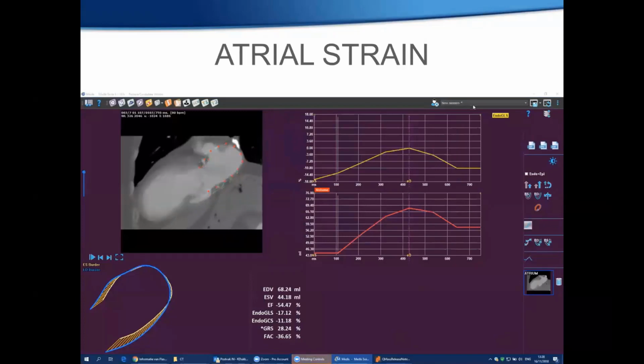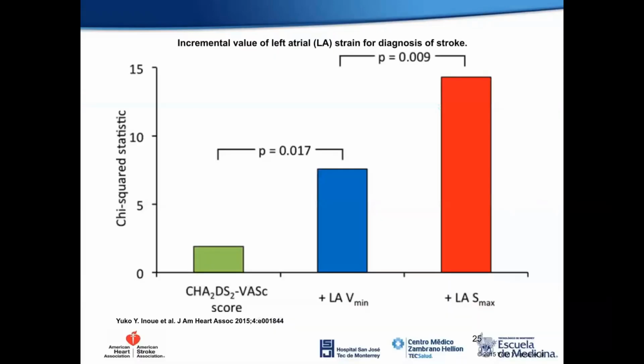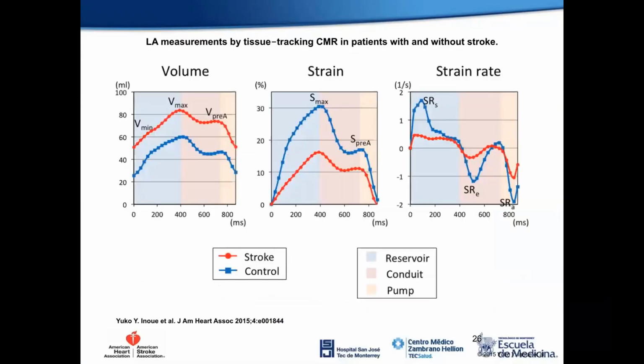There's a very nice study by Duco in 2015 in which they show that when using the CHA2DS2-VASc score and when they included the strain of the atrium, they had a better probability of predicting which patients will have a stroke. So we know that there's a higher volume, but it's also decreased strain in patients with a higher incidence of stroke. That's probably telling us that there is a higher degree of fibrosis in that atrium, and the strain rate